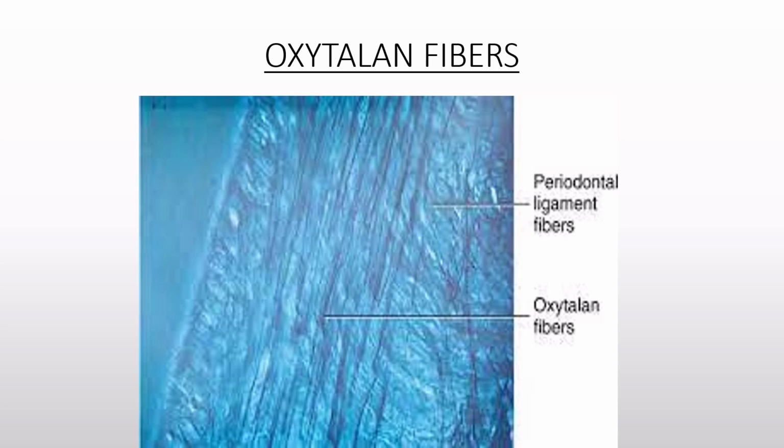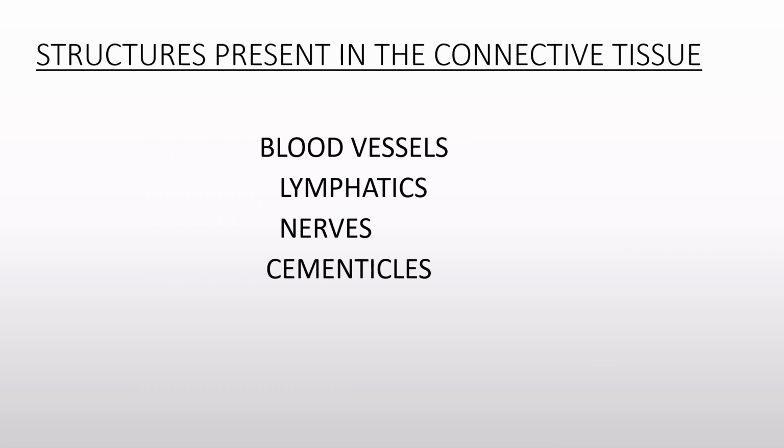Adapting to the physiological needs of the periodontal ligament. Coming to the structures present in the connective tissues. The connective tissue occupies a lot of space, which includes the fibroblasts, cementoblasts, and osteoblasts. Common cells in the periodontal ligament appear as ovoid or elongated cells which are oriented along the principal